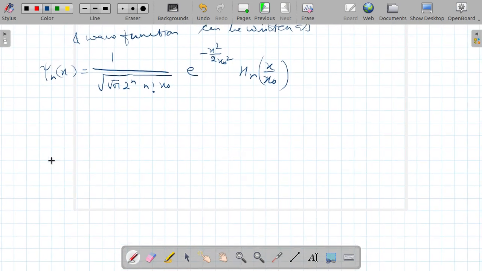Here let x over x naught be equal to y, then I can write it as,